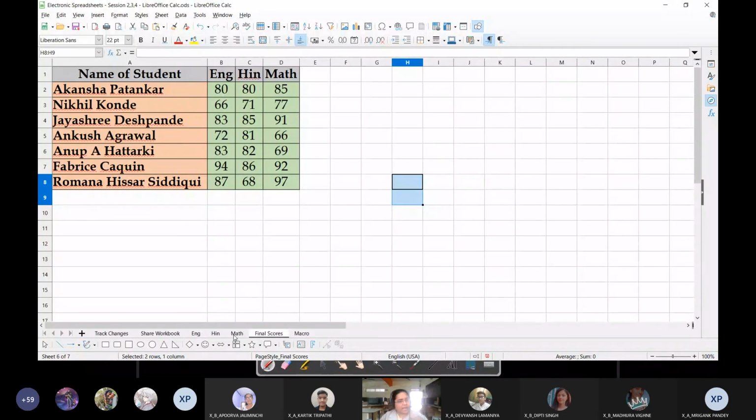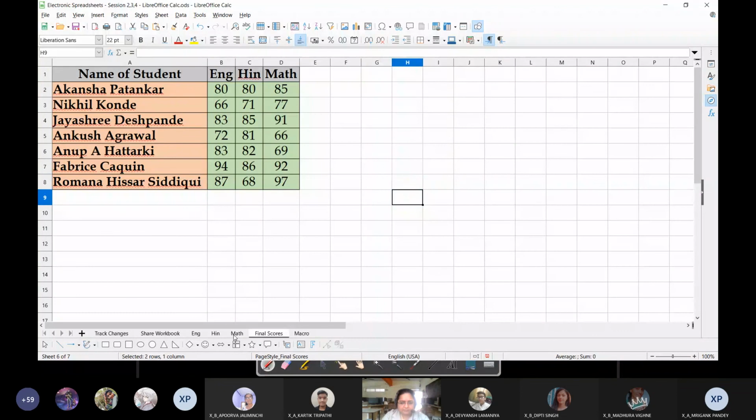I can still reference the marks from the other workbook. So I'm going to create 3 different workbooks and distribute them directly to the teachers. Now the English teacher can make changes only in English marks. The Hindi teacher can make changes only in Hindi marks. Now they bring it, they fill it, they moderate the marks, they bring everything back. The IT teacher sorts the marks in descending order, and now the IT teacher has opened 4 workbooks.